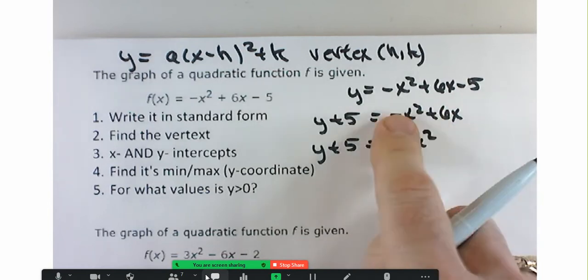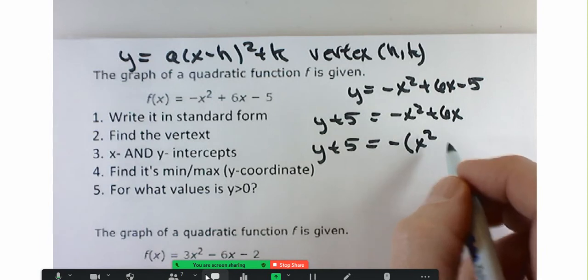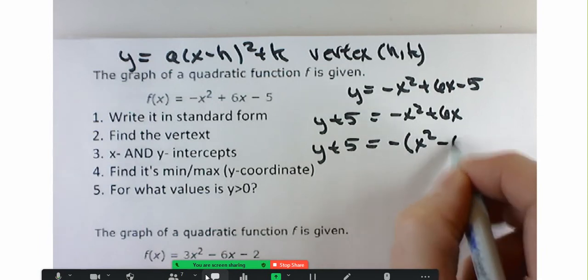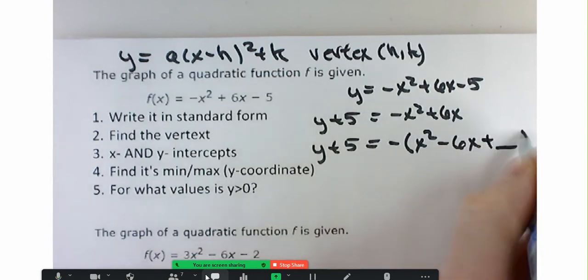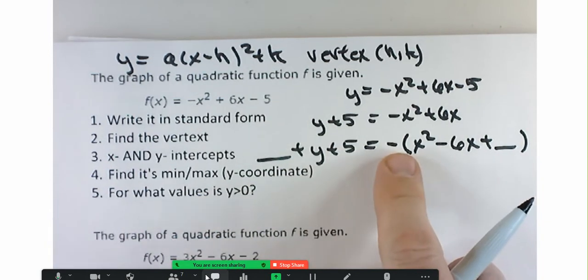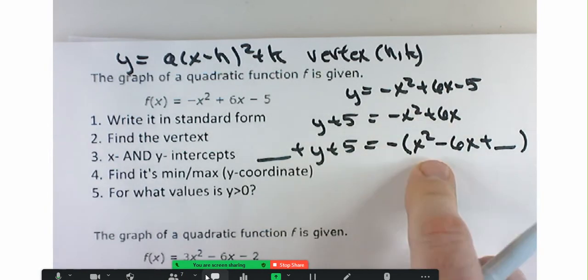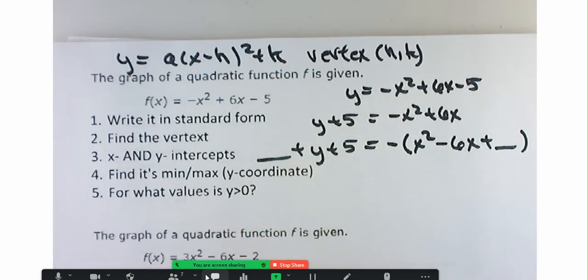Don't factor out the GCF. Don't factor out a negative and an x. It just doesn't work. So I'm going to factor out the negative. If you distribute it, you get negative x squared plus 6x. So these things match. Now the question is, what number do I put in there to